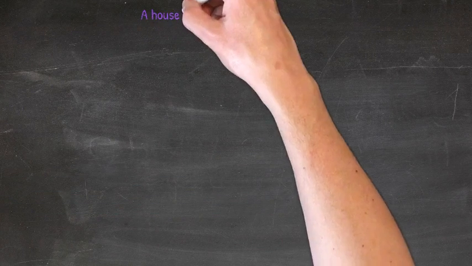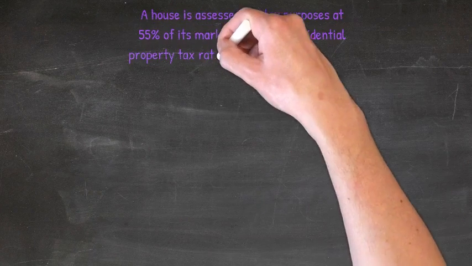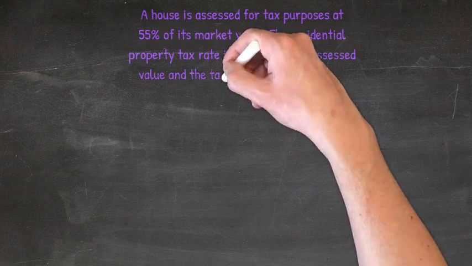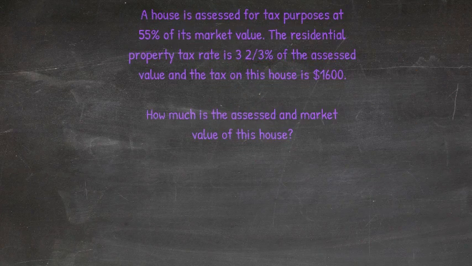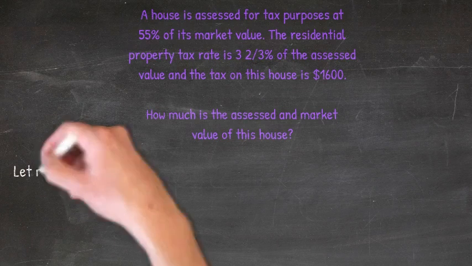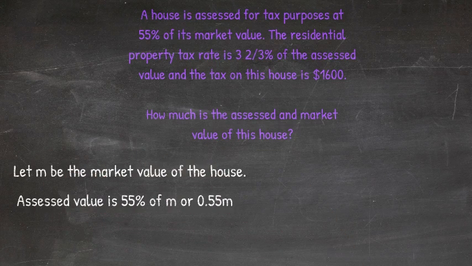$79,338.84. Now, this isn't the only way for us to solve this kind of problem. Let's take a look at the same question, but try and solve it algebraically instead. Our unknown variable is m for market value, but we also have a second unknown value, the assessed value. But if you remember from our graphic of the rectangle earlier, the assessed value is a portion of the whole market value. That means that we can represent the assessed value as 55% of m, which we know to be